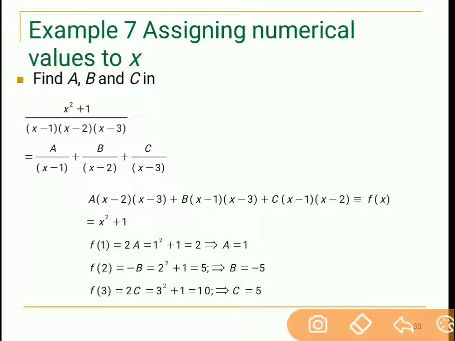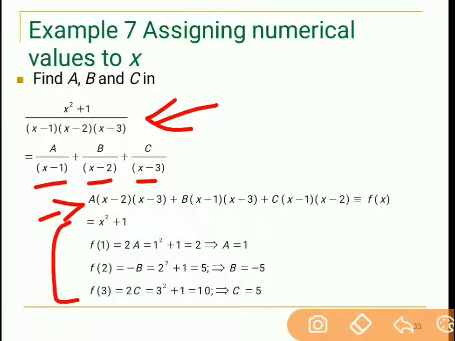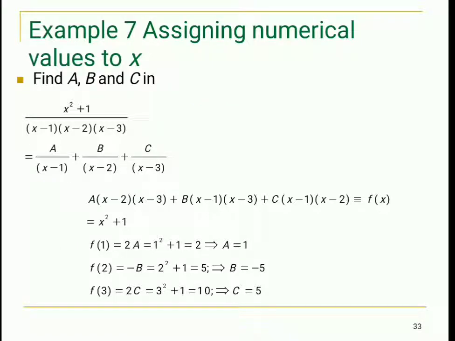Now this is the second example in which there are three terms, a by x minus 1, b by x minus 2 and c by x minus 3. To solve such fractions and to find the values of a, b and c, we have to compare the numerator, and this is how we have compared the numerator. I have already solved such questions in example 1. So this is how we can find the coefficients a, b and c, and once a, b and c are found, it will be very easy to solve the integration.